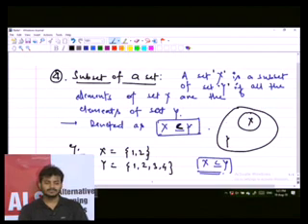How do we denote this? You see, this will be a bigger circle which is Y, and there is a smaller circle which is X. Definitely you can see all the elements of set X are also elements of set Y. For example, you can take X equals 1, 2, and Y is given as 1, 2, 3 and 4. So definitely X is going to be a subset of Y. Now there is one more thing that is called proper subset.